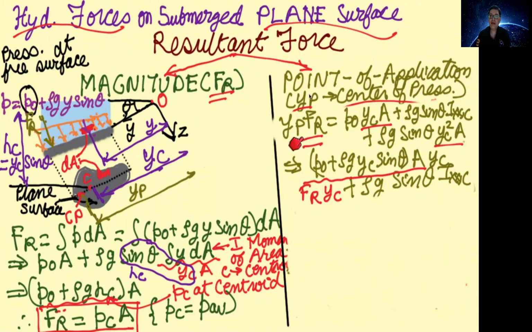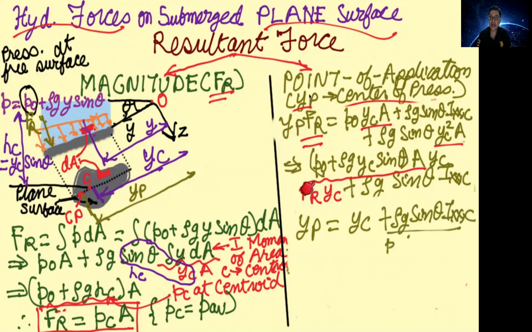When you divide by Fr on both sides, the Fr cancels, and you obtain yp is equal to yc plus rho g sine theta Ixxc divided by this whole term, (P naught plus rho g yc sine theta)